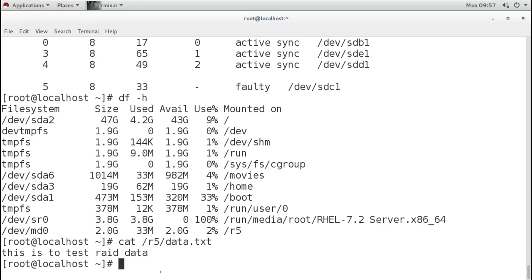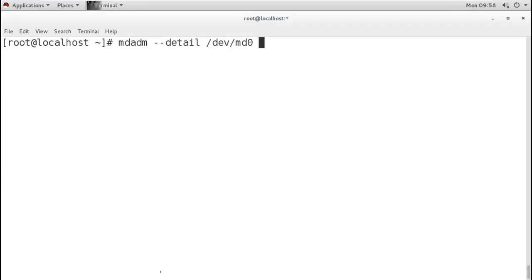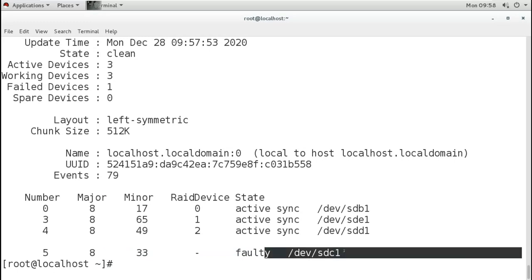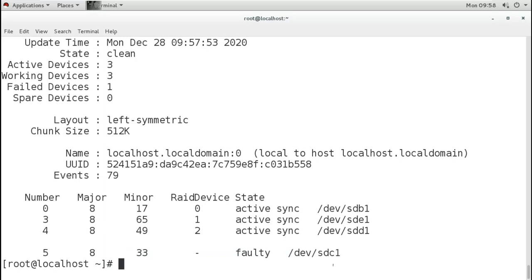Now, this disk was not really faulty, I just set this disk as faulty because I want to remove the disk. Now I can remove it. For removing it, I will use